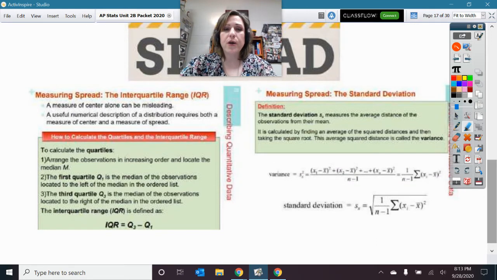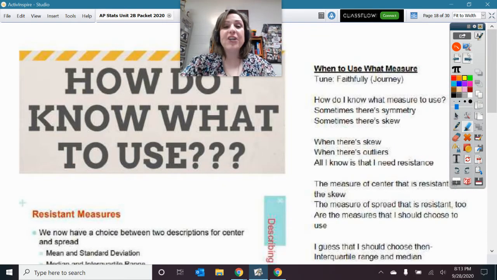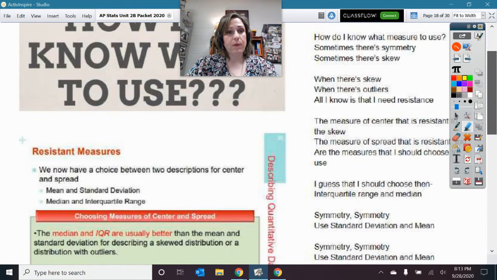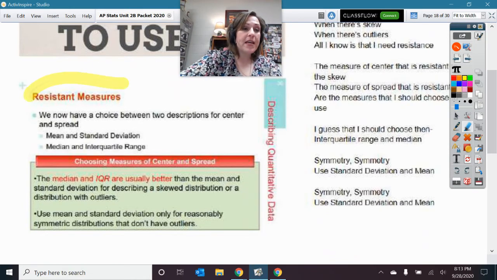Same thing, if you've got skew or outliers, you're going to use our IQR instead of standard deviation, because we saw in our standard deviation lesson how outliers affect that average distance from the mean. Okay, so here's just reiterating, how do I know which measure to use? And we know that we want to use the measure,